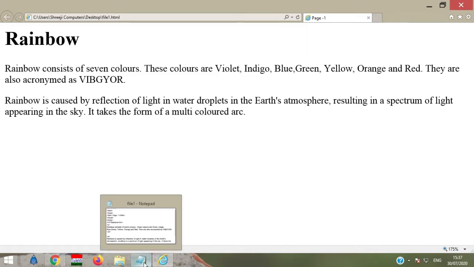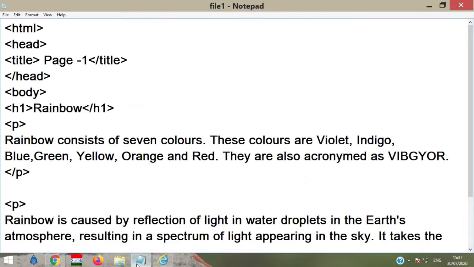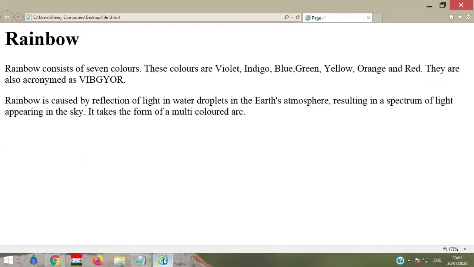Let us discuss some of the attributes used with the h1 tag. The attribute name is align, and its value is equal to "center" in inverted commas. Then go to the File menu once again and go to your browser, and the output will be displayed on pressing the F5 key, the refresh key.